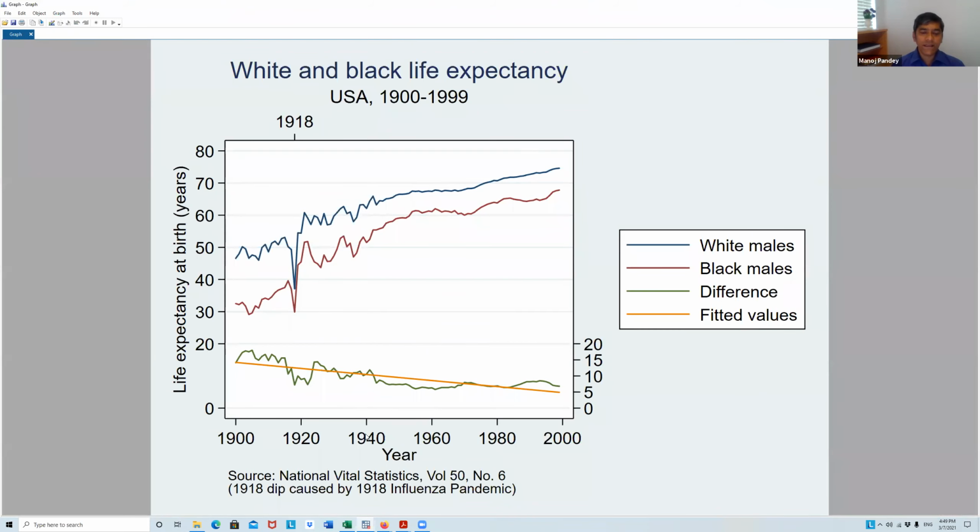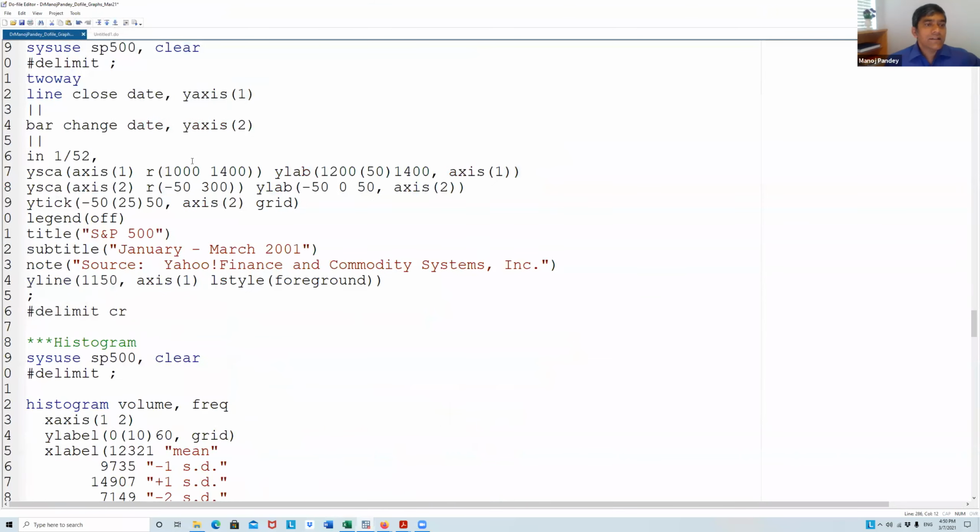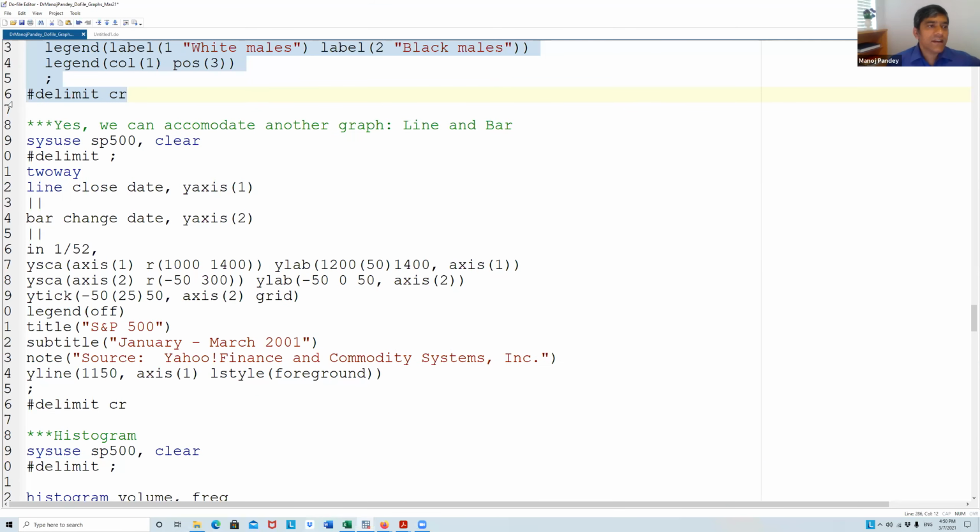Life expectancy is on the y-axis, year is on the x-axis, and you have different races, white males, black males, and you also have the difference between white males and black males, and you have fitted values that you get from the linear regression. Okay, y hat, if you remember Dr. Naidu's class.